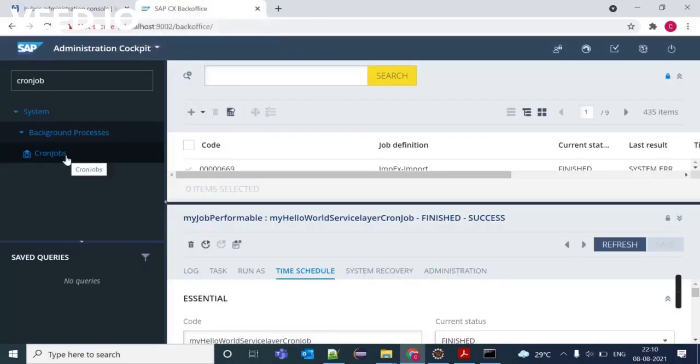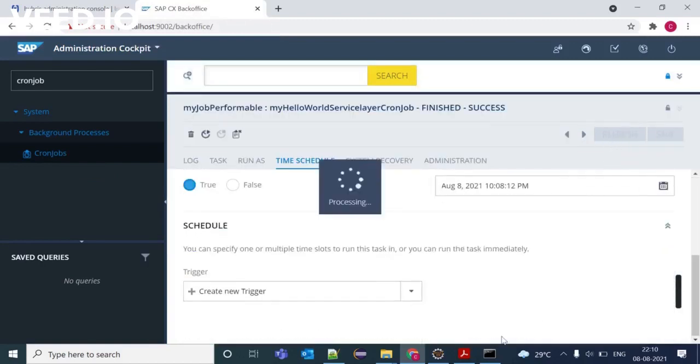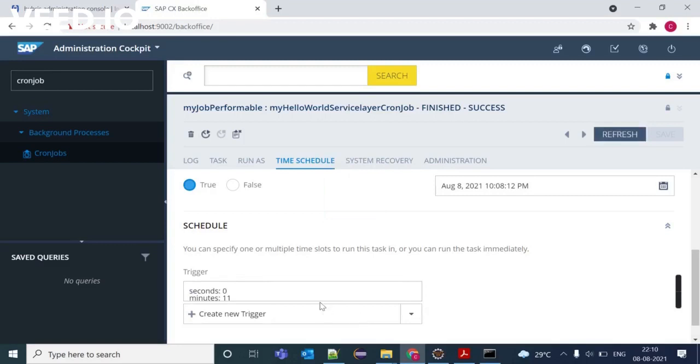Let's go to the backoffice and open cron jobs. This is my cron job. Open it, go to time schedule, and refresh it. Yes, the trigger is set.